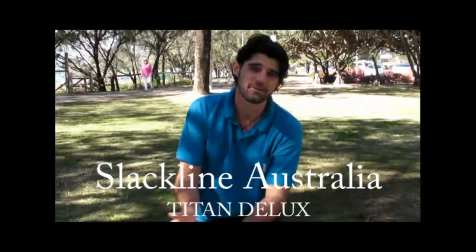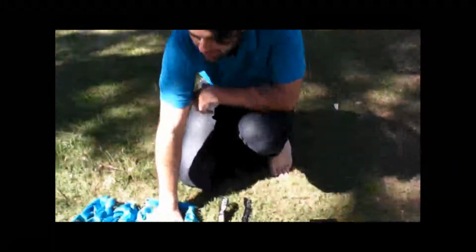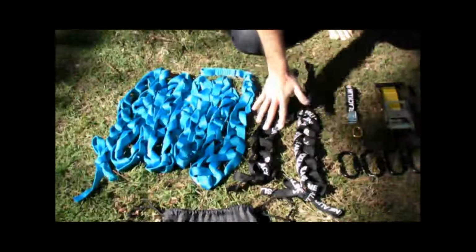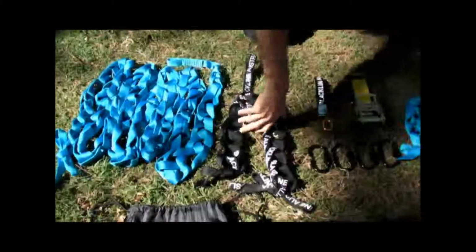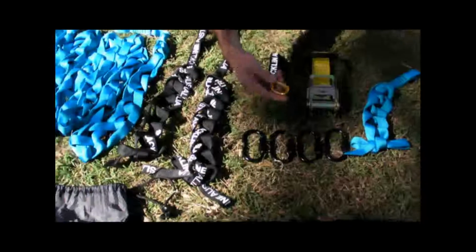Show you how to set up the new Titan that we've got. First I'll show you the components. You've got your main line, which is in blue. You've got 2 black tree slings. You've got 4 carabiners, 1 line locker ring,